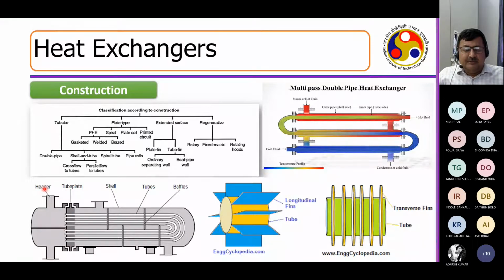Q equal to hA delta T. hA delta T, right? So h, I have worked on with the baffle. Then what are the other things that I can improve upon? I can improve upon A, I can improve upon delta T, right? So area, how do I increase? You can see that on the tube, if I put fins like this, what will it do? It will increase the total area of heat transfer.